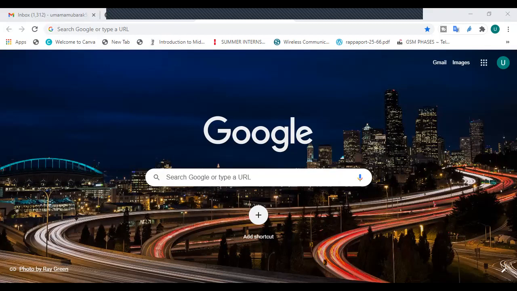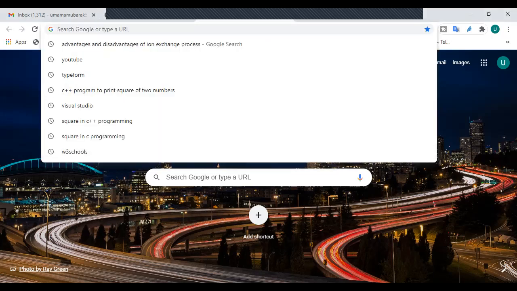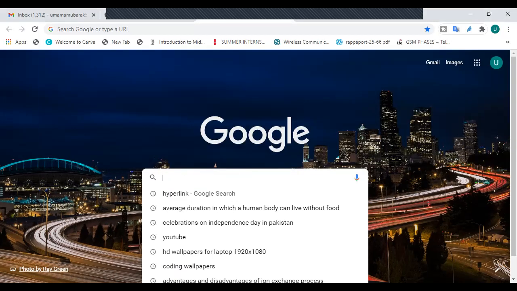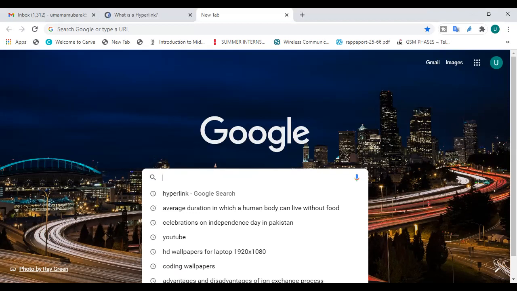Now this web page is basically for searching. Whenever we want to search for something, we click on the browser and this web page opens in front of us. On it there are two search bars, one over there and the second one over here. If we click on either of these search bars, we type with the help of the keyboard, and then we press enter, and it takes us to the page or the topic that we searched for.